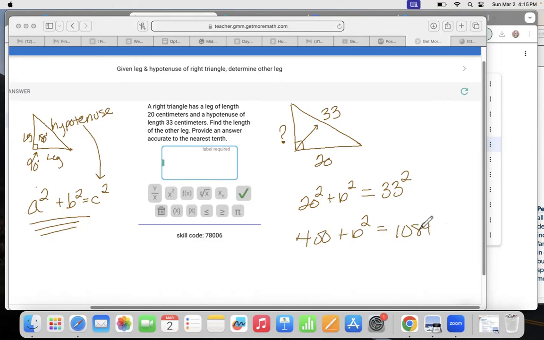And then this is just basically a two-step equation. We're going to subtract the 400 because we want to get that b by itself. This is why we spent so much time in algebra knowing how to solve for variables. So it gets me 689. And then we're back down to the fact that this is a b squared. So the opposite of a square is a square root. So we're going to do this and put it in the calculator, and it is going to equal